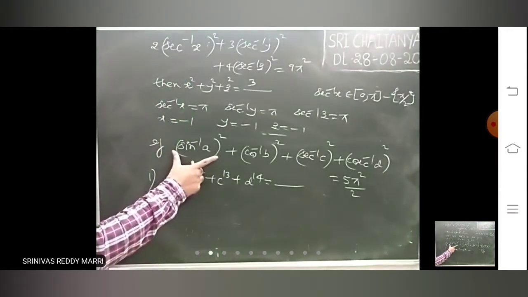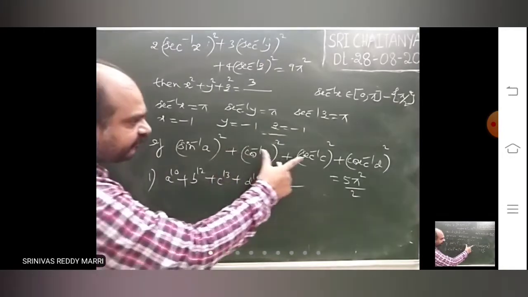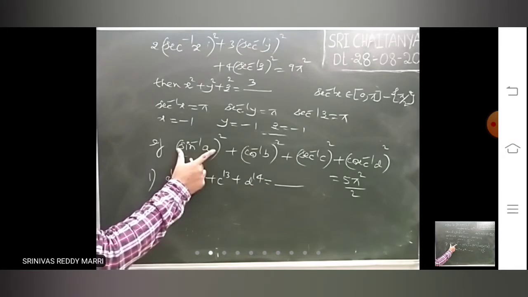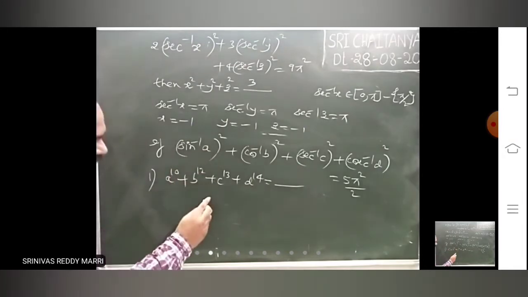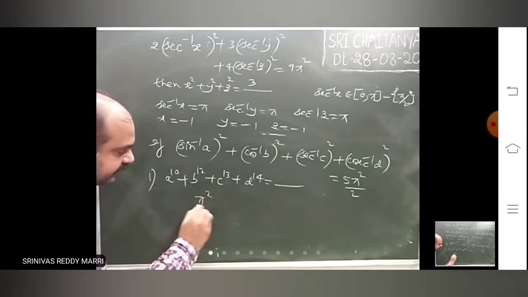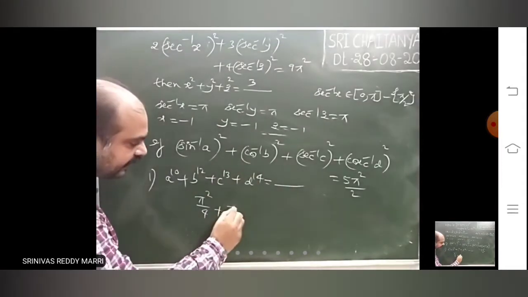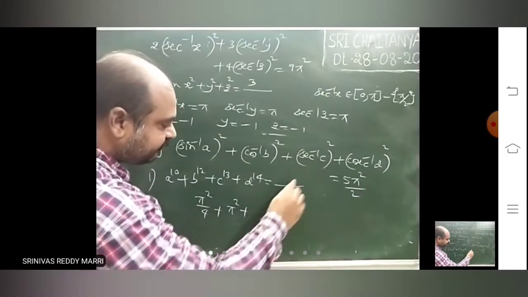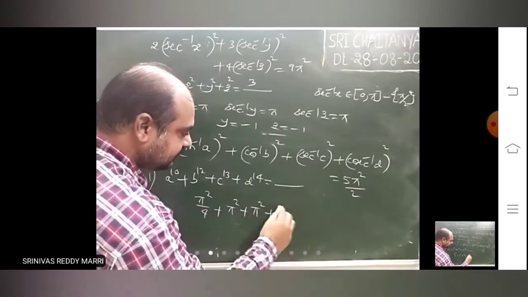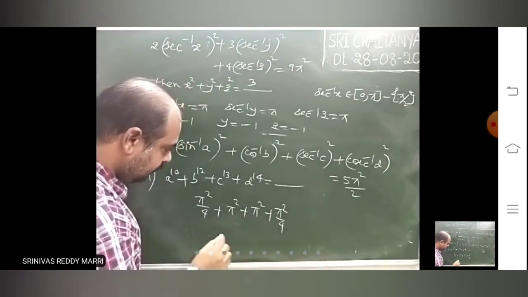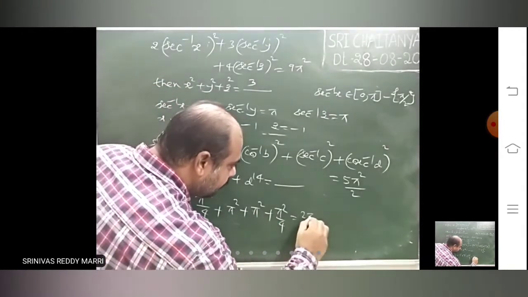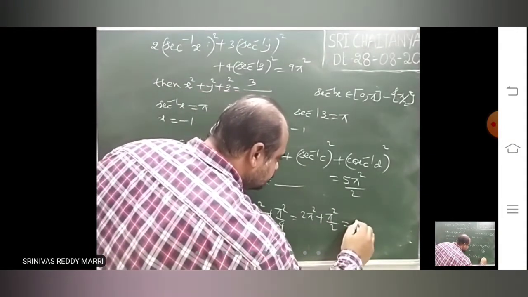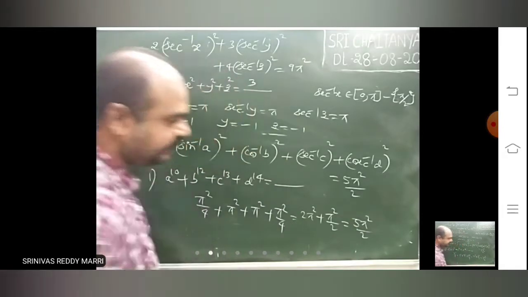Look at this. Take all maximum values or all minimum values. So the maximum value of this is what? Pi by 2. So the maximum value of this square is pi square by 4. This is what? Pi square. I will check whether I am getting it or not. Secant inverse maximum value is pi, cosecant inverse pi by 2. So this is 2 pi square plus pi square by 2. So that means this is 5 pi square by 2.